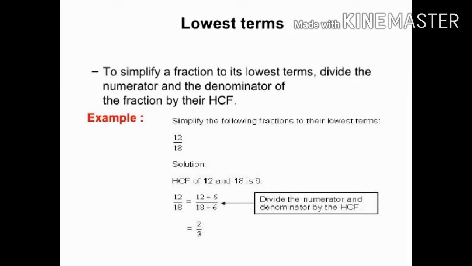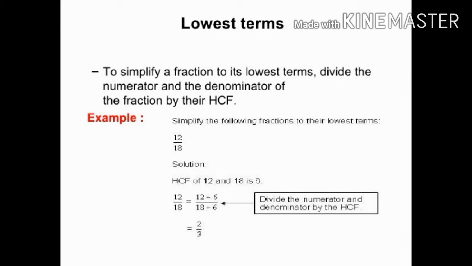We will find the common factors. यहाँ पे हमने वो कॉमन फैक्टर लेना है जिसके टेबल में 12 और 18 आ रहे हो, ठीक है. तो 6 के टेबल में 12 एंड 18 आता है हमारे पास. 6 2s are 12, 6 3s are 18. So the HCF of 12 and 18 is 6.